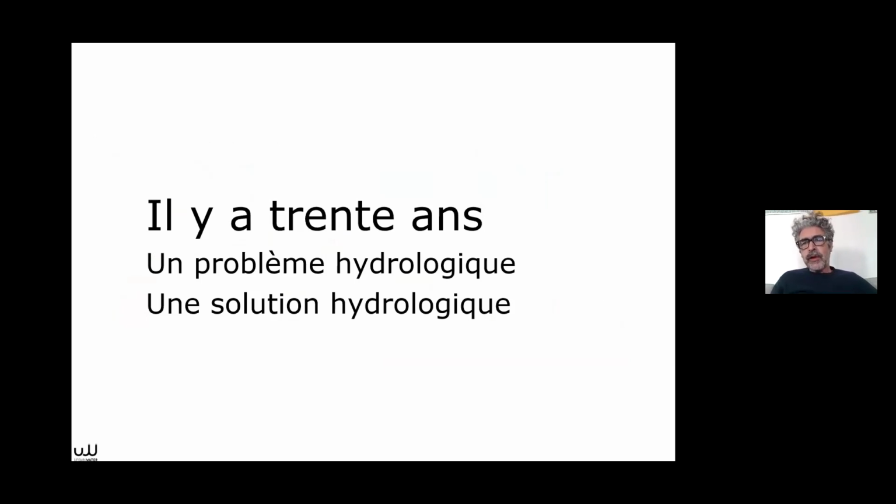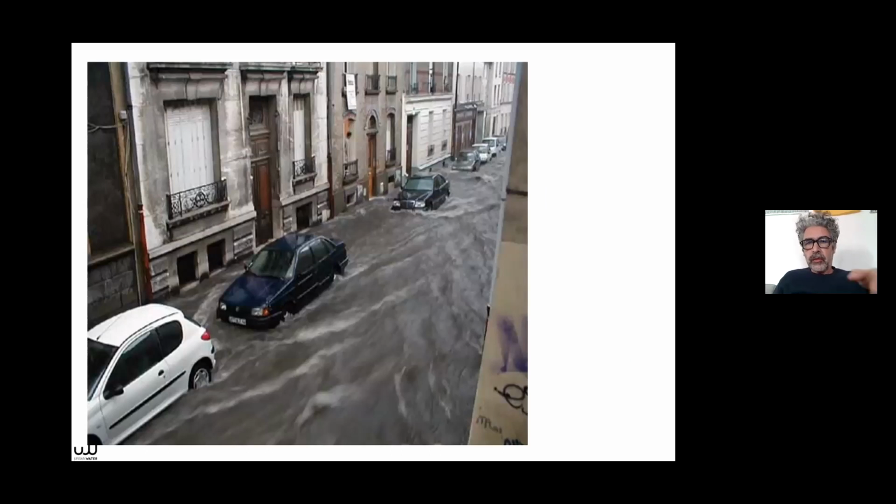I've spent 5 minutes explaining it. So all of this is rather caricatural, but at the same time, it sets the scene. 30 years ago, it was the start where we were saying to ourselves, okay, we might have flooding problems in cities. It's not up to the pipes to solve the problems. We have to work on the city as a whole. So there was a hydrological problem linked to flooding, and we had retention basins that were introduced.